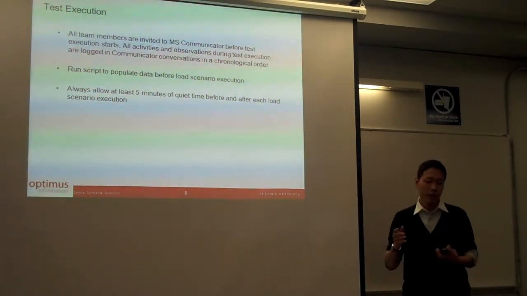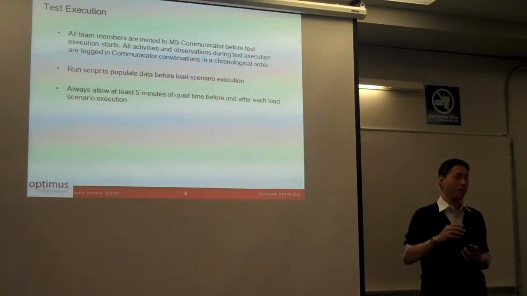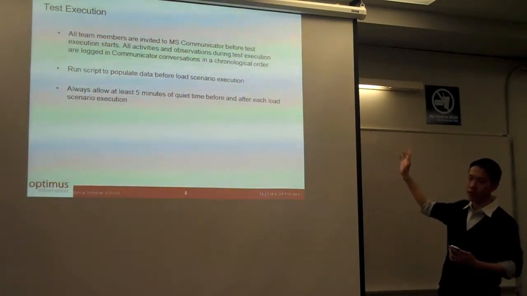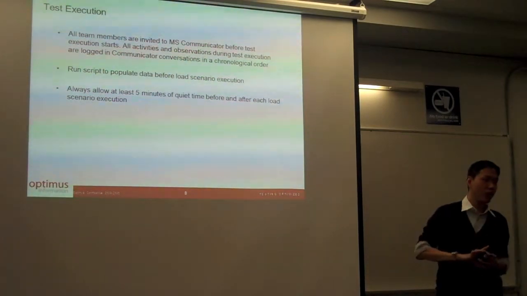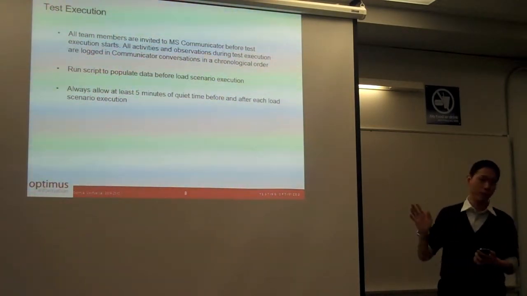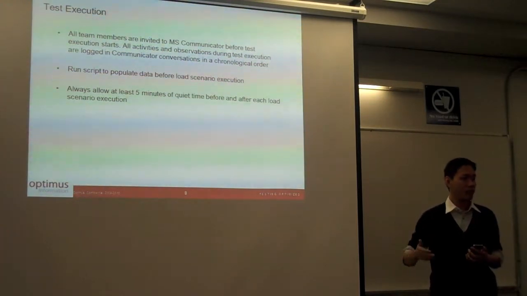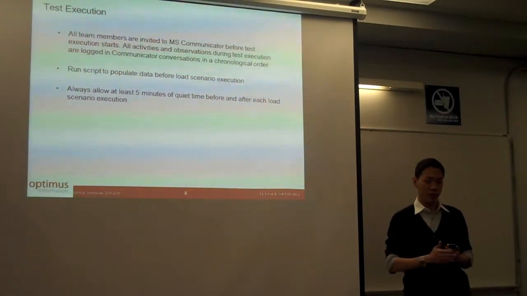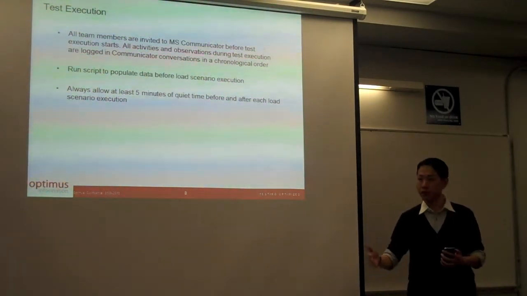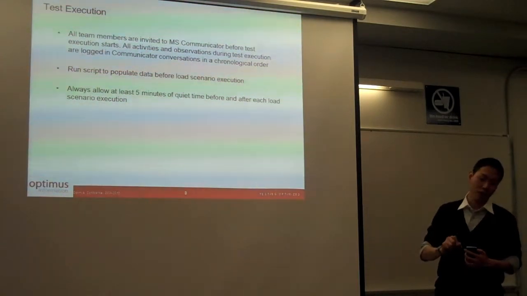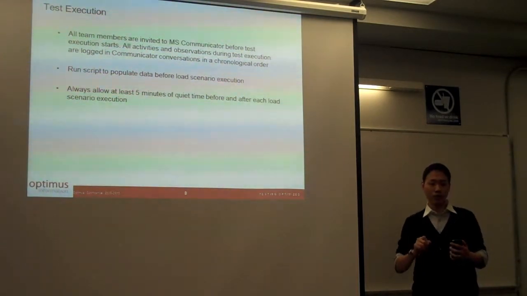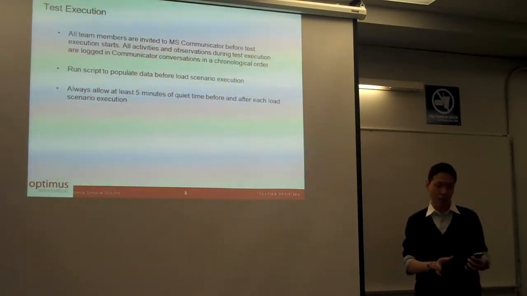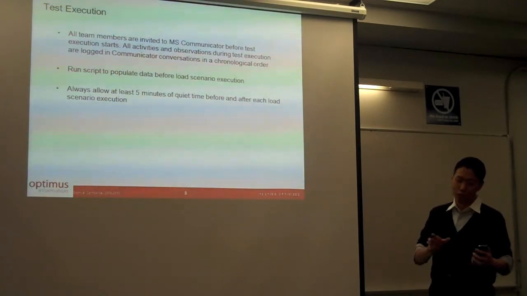For test execution, the reason why we keep a log of all the activities is because let's say we have 40, 80, 120, 160, 225 different loads. And for each load, we will run multiple runs, because we don't want to just capture performance or response time data once. We want to average them out, so we run multiple runs of them. And if you keep a log of what you're doing, then you don't need to worry about looking at your reports after each run. You can go back and match them with your log file to see, okay, so during which time I'm doing